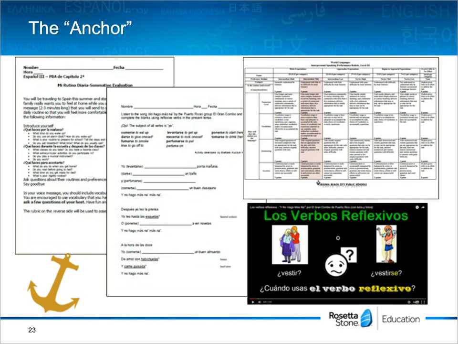In this slide, it shows the anchor. Anchor is basically what ties everything together. I talked about making the activities, when you're using blended learning, authentic, real, and respectful. But it also needs to give students a way to know how they're going to be held accountable. So this is how I hold them accountable. In the anchor, you can do several things. One, in this picture in the center, it shows a cloze activity. This is a very low level, simple activity.